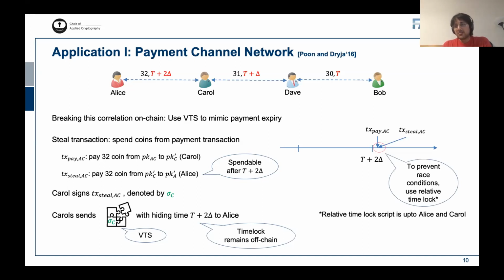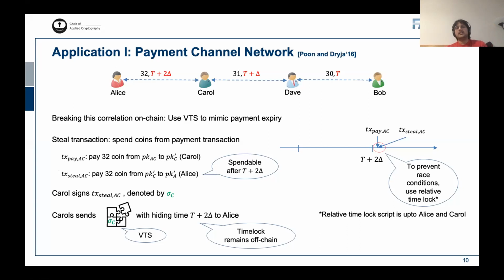But you should be careful, because you want to avoid any kind of race condition, and for that you need something like a relative time lock. It's just a play with the script to ensure that Carol, after posting the payment transaction, doesn't create a conflict with the steal transaction. What Carol could do is post the payment transaction and immediately spend from this PK prime C. So she posts 2 transactions, and this would create a race condition with Alice's steal transaction. You want to prevent this, and you want to use some kind of a relative time lock